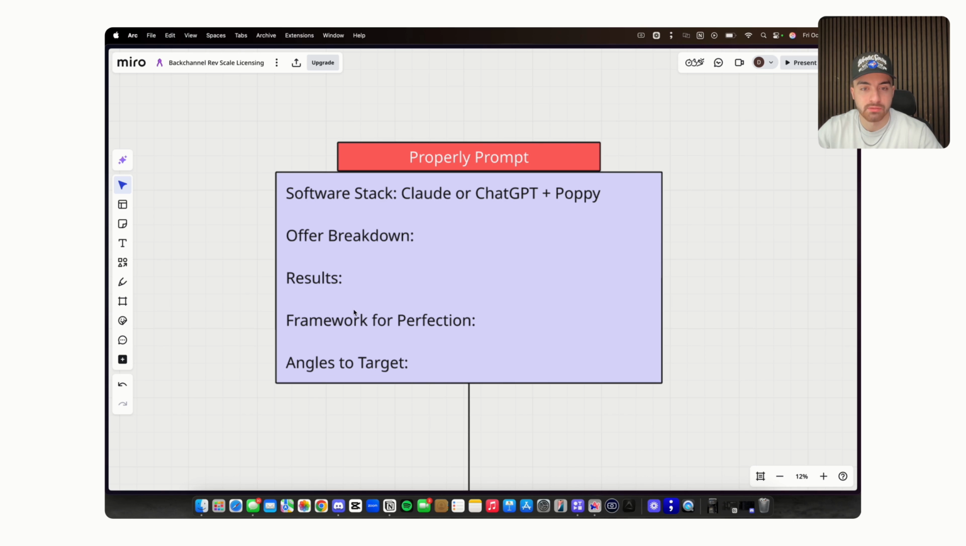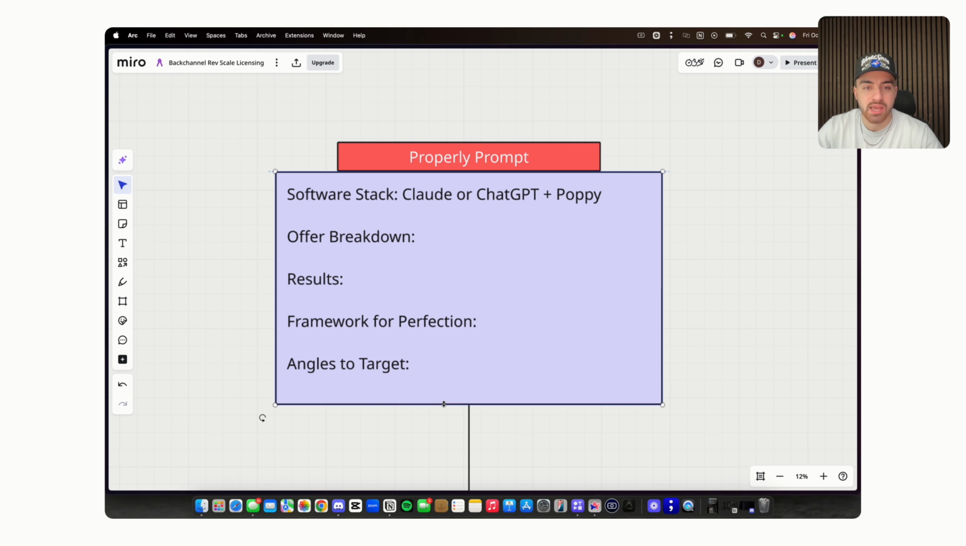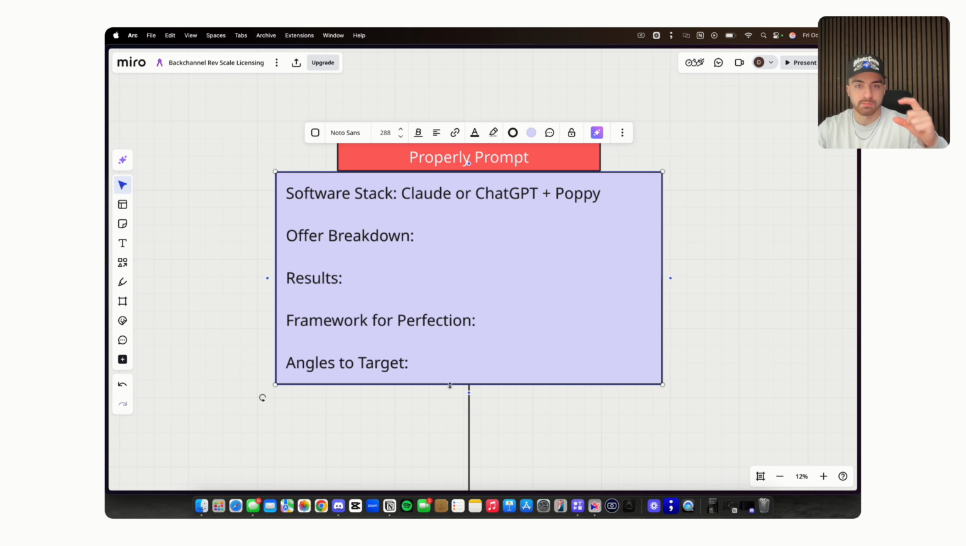You also need an offer breakdown. So they need to understand your offer. You need to give it your results. You need to give it a framework to work off of. So you can't just tell it to go write an email with no framework. You can't tell it to go write an ad with no framework. Okay. As well, it needs the angles that you want to target, the different buyer angles, the different buyer reasonings. You need to give it all this information if you want the proper outputs. If you don't, you're going to get the exact same outputs that everyone else gets. So all those bot emails, the stupid sounding ads, you're going to get the exact same outputs as them